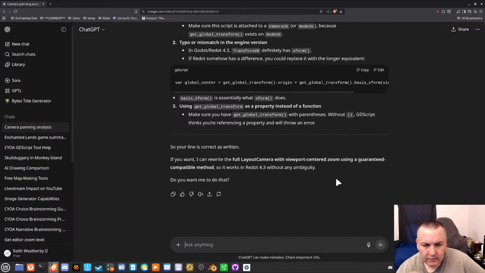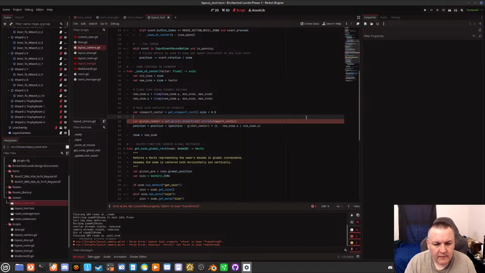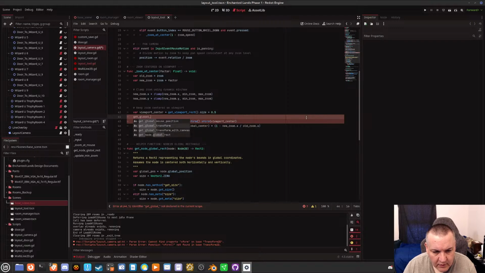Get global transform. Maybe that's no. Parentheses and viewport center parentheses. Parse error. Get global transform dot.